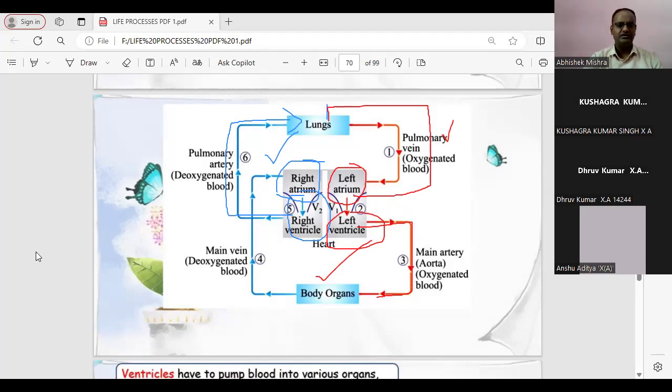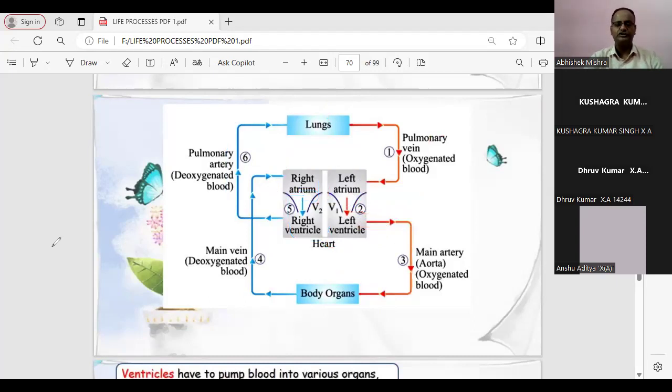I would like all the students, one by one, to depict and say what is going on in this process. Let me have a discussion with you all also. For this, one by one, I will ask you all. Okay, Arohi Kashyap, unmute yourself, Arohi. Tell me the course of the blood circulation through the human heart, which I have just discussed. You can take the help of this block diagram.